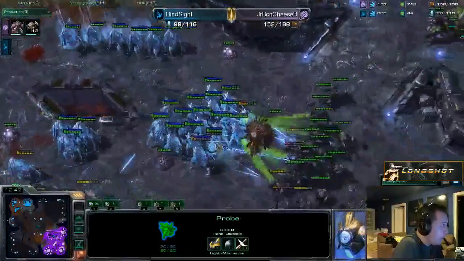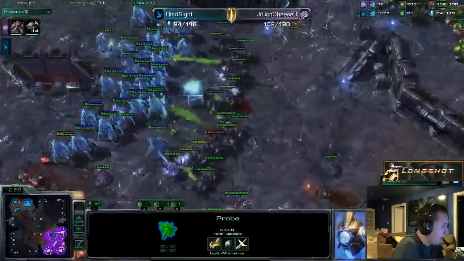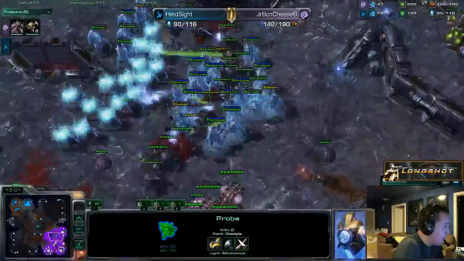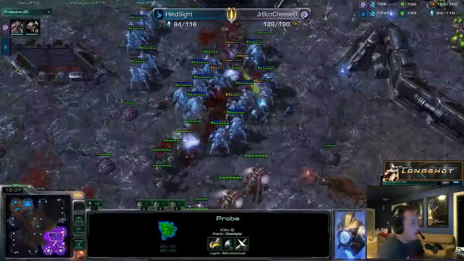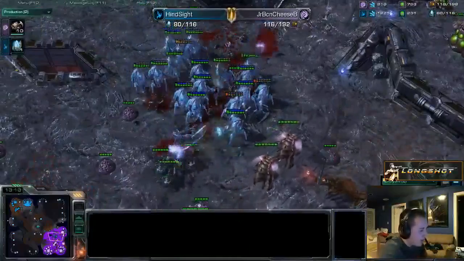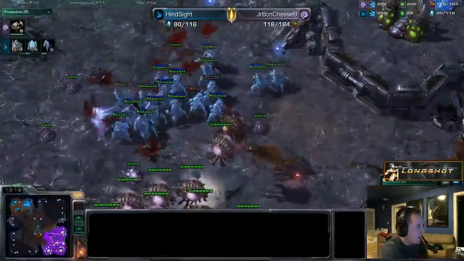Oh, with another warp in of stalkers, he's going to be blinking those forces back with a lot more roaches on the way. 13, 14 more roaches are going to be coming in, being produced. Oh, the offensive blink is going to be coming in with that level +1 attack and +1 armor on these roaches. It is definitely going to do a ton of damage. Yeah, and now it's going to be tough for the Zerg